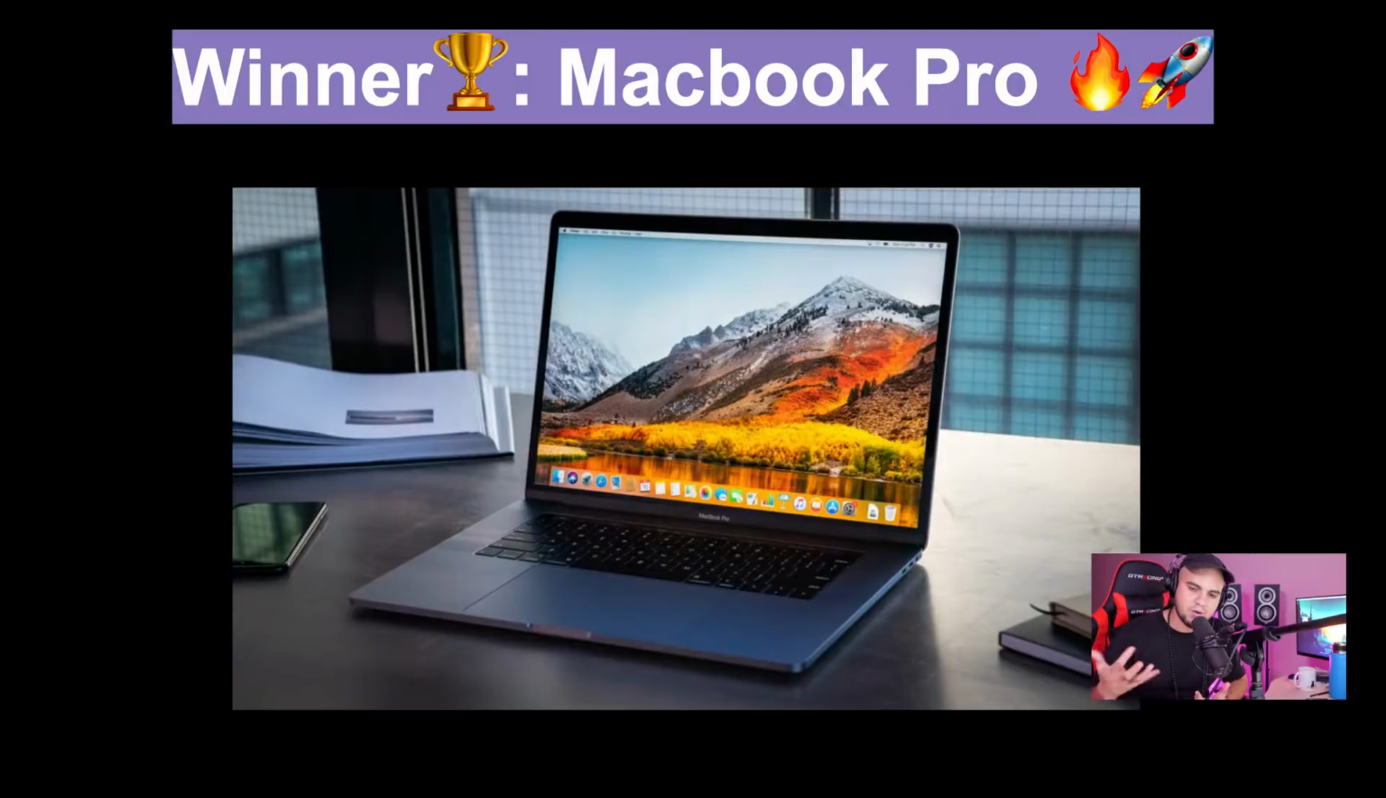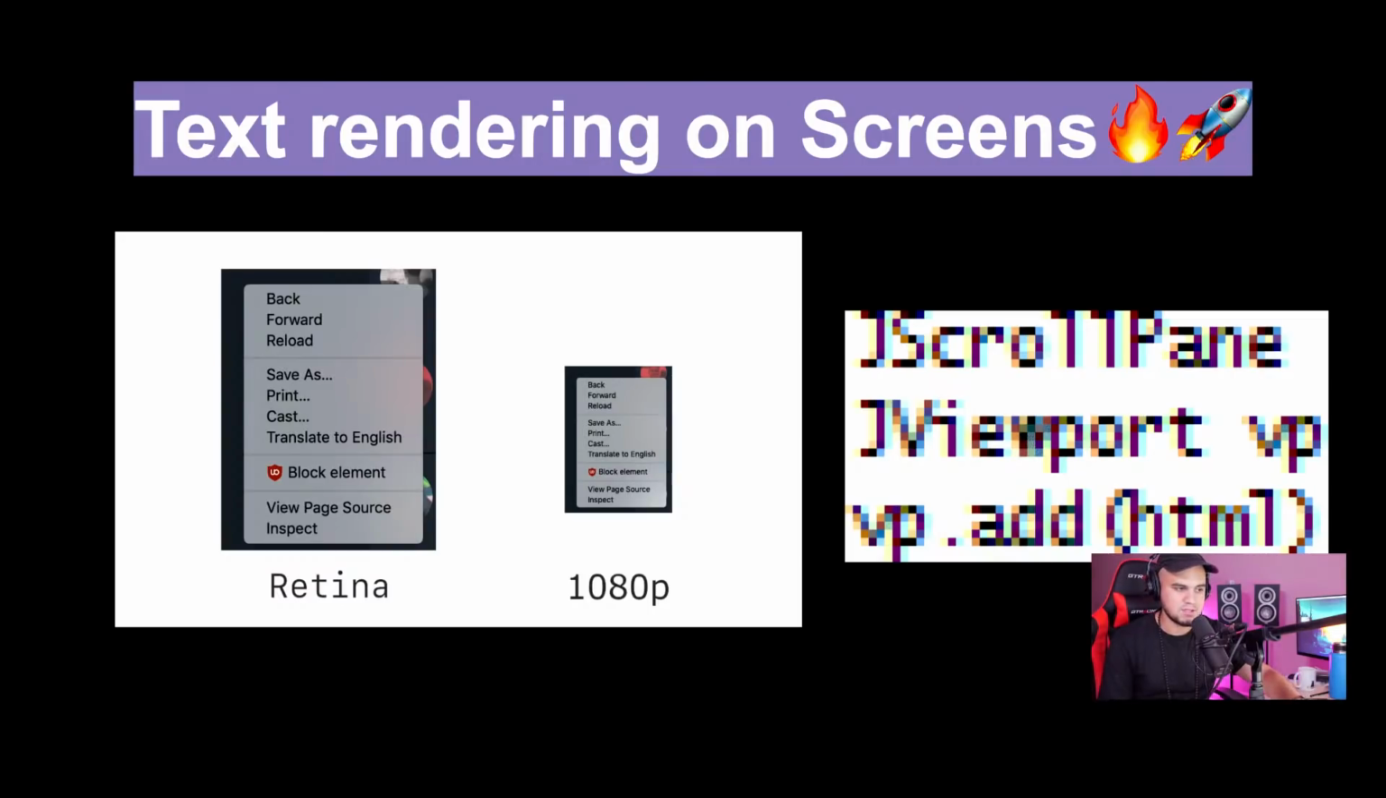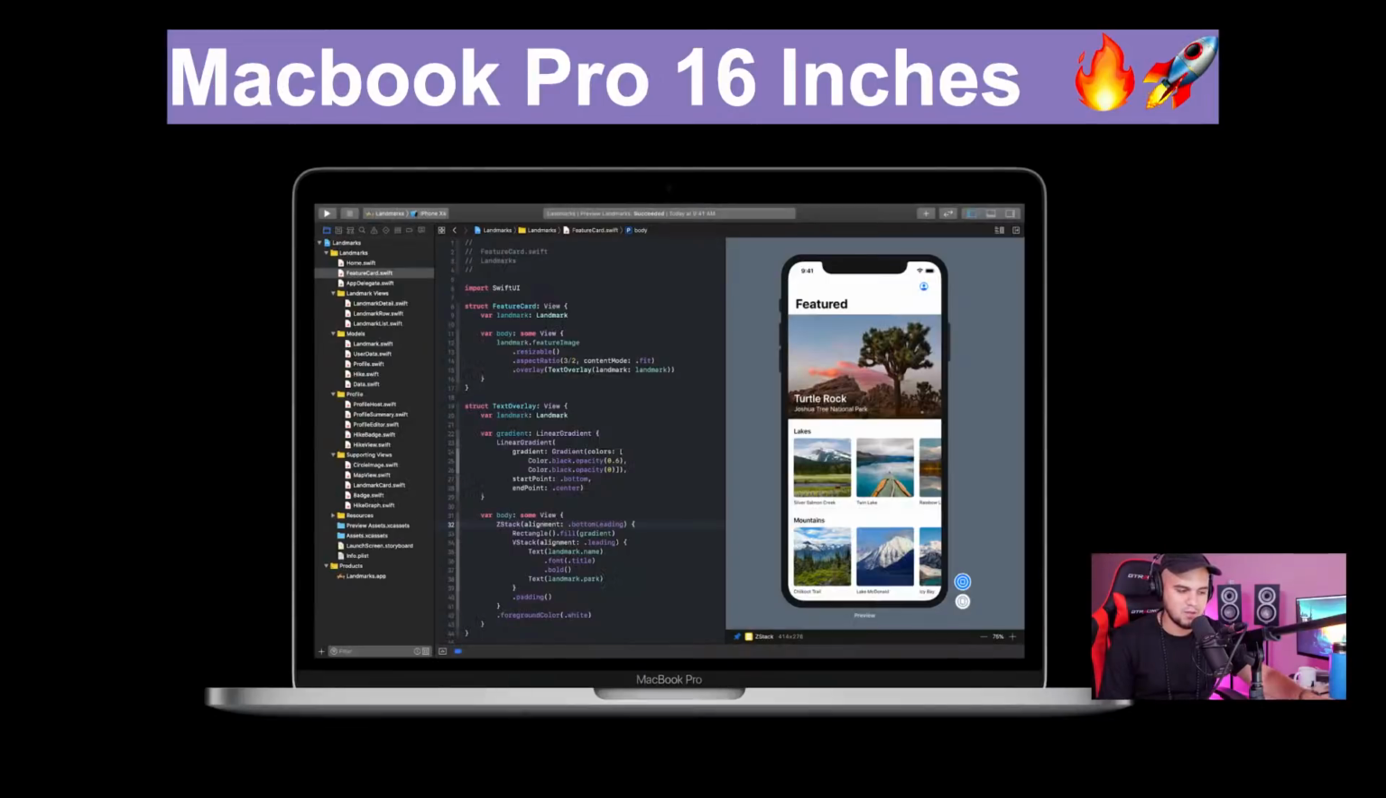8 gigabytes for a Mac is okay, but I'd say still, push to get the 16 gigabytes. Also, another thing I want to mention is that the command line on Mac is, like I said, Unix based and Windows is not. So that's going to save you a lot of time in running your apps, pushing them to GitHub, all of these things. And like I mentioned, the quality,